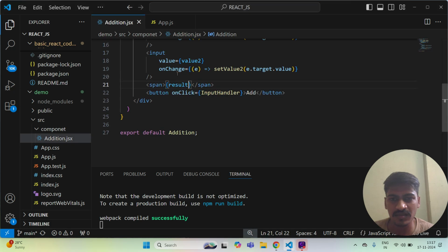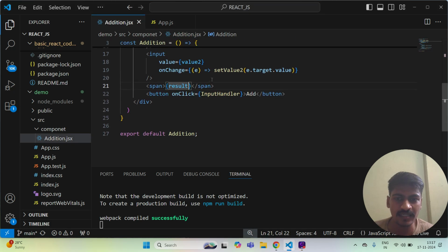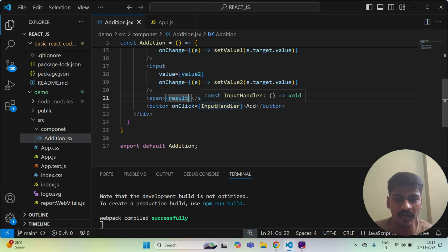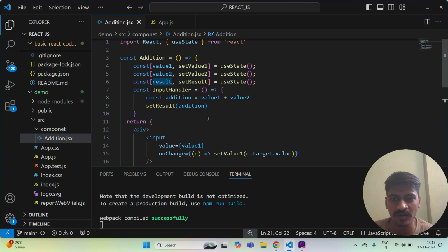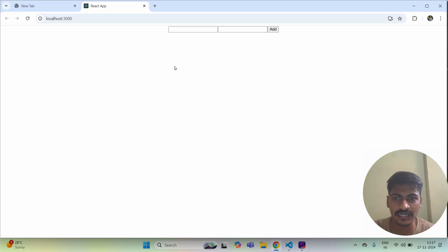so guys, look at what I did. I just created two input fields and one input handler where I am doing the addition of these values, and we are getting the result. Okay, let's see the result. 23 plus 25, what would you expect? 48, right? But what we are getting is 2325.